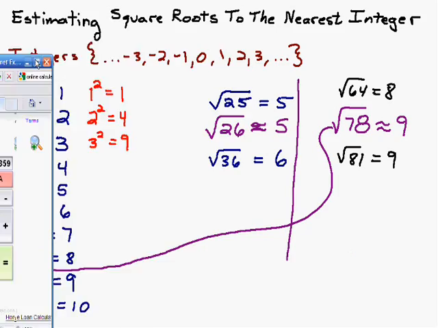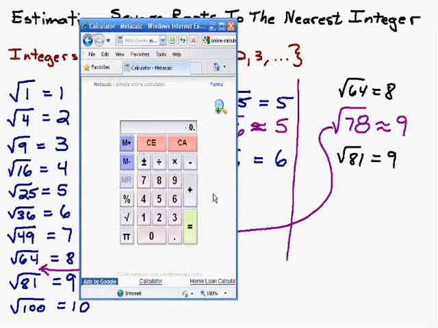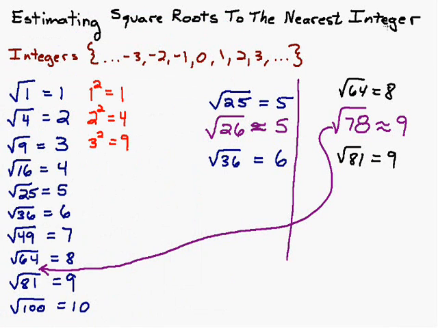Let's see how close I came here. Let's bring in the calculator and check it out. 78 square root: 8.83. So, estimating it to the nearest tenth is kind of a little bit of guesswork, just depending on how close it is to the perfect square. But certainly estimating a square root to the nearest integer can be done with 100% accuracy, pretty much, just by